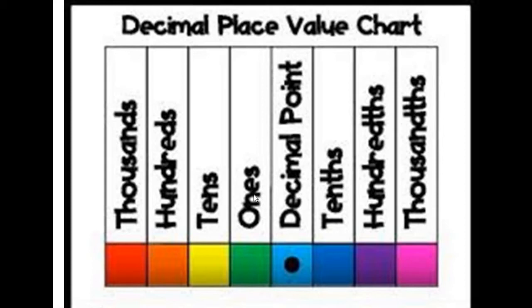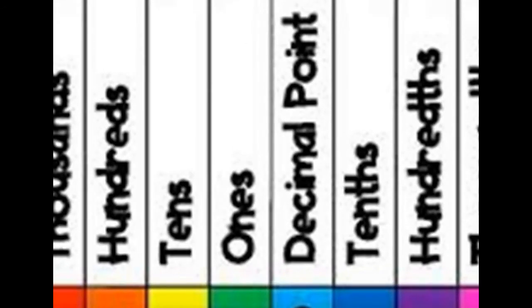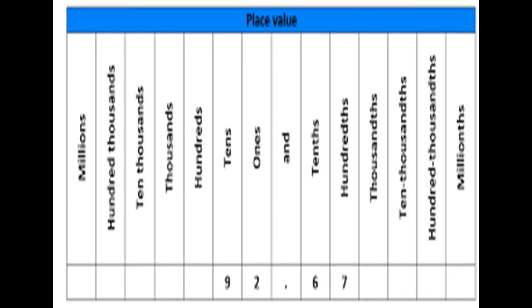Right, inside you are already aware: ones is the first place, second place tens, third place hundreds and the fourth place thousands. Children, when you move to the right, we are having all the decimal numbers, that is the decimal part, and when we move to the left we are having all the whole part, whole numbers. So if this place value chart is clear to you, you will be very easily able to write the decimal numbers.